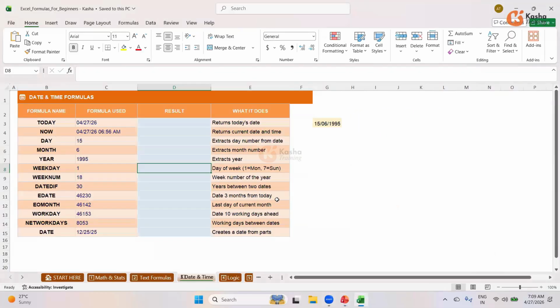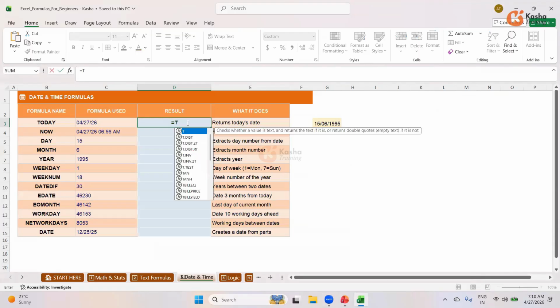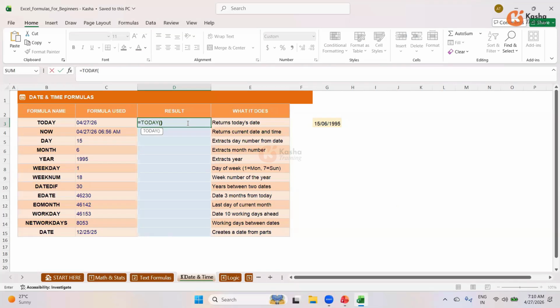Now let's come here. So we have this Excel sheet where we're going to do the date and time formulas. We're going to apply all these formulas and see what the results are going to be. So you can see we're going to calculate today's date. Here it is returning today's date. So if I give an equal to sign and type TODAY, and then close the bracket and press enter, you can see it has taken today's date as the 27th of April,